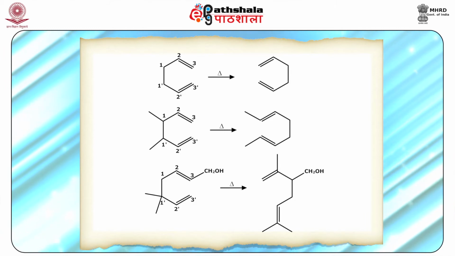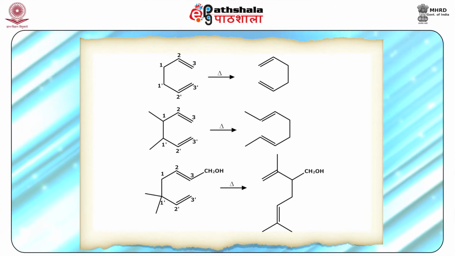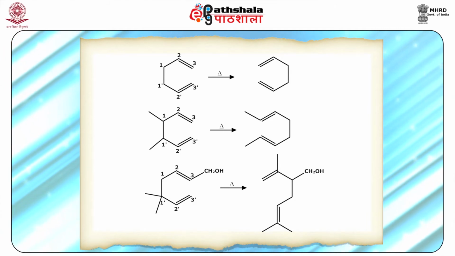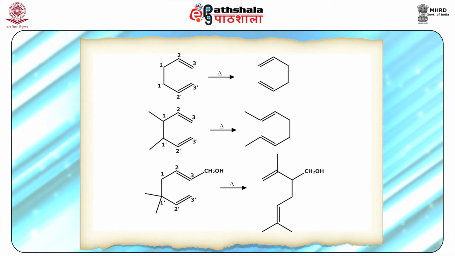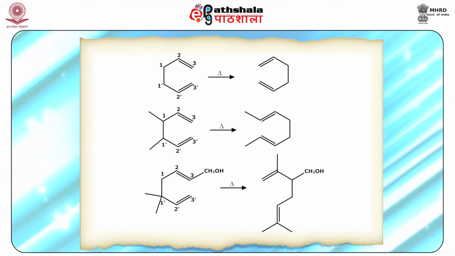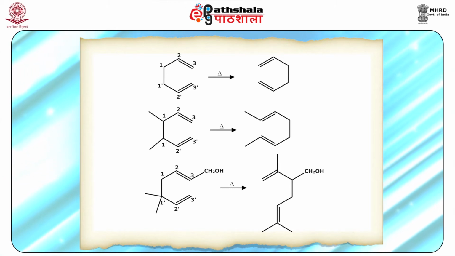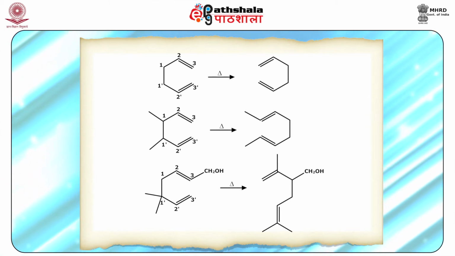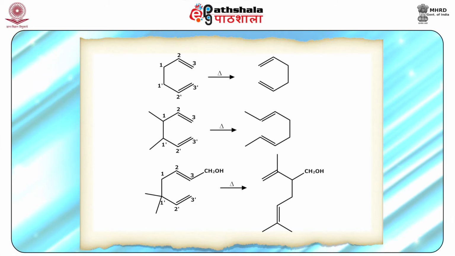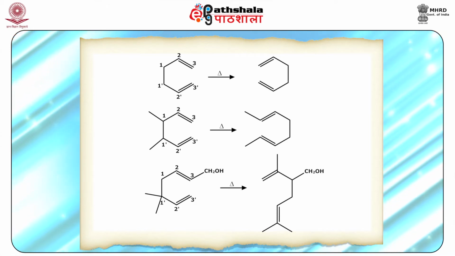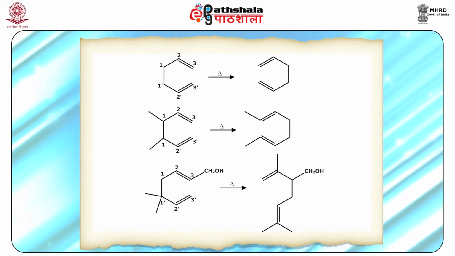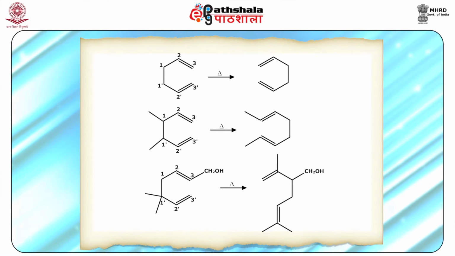The Cope rearrangement of dienes has found utility in a number of regioselective and stereoselective syntheses of open ring systems. As you can see, when the diene is symmetrical, the reaction gives a product identical with the starting material, as shown for